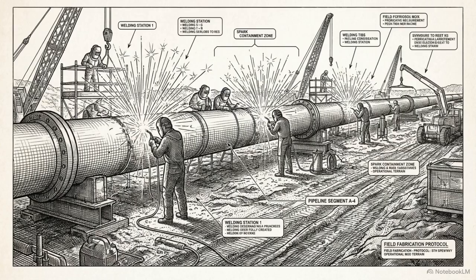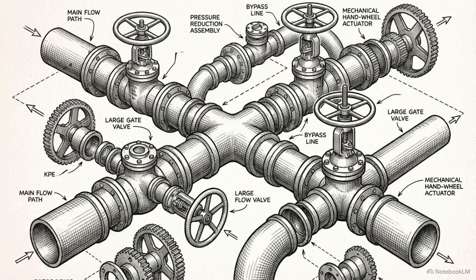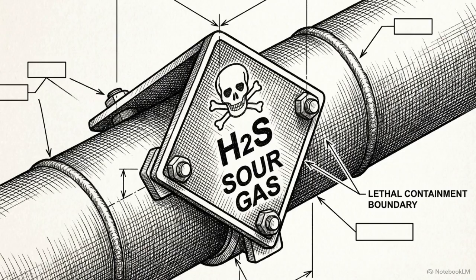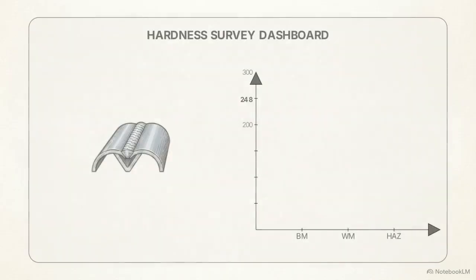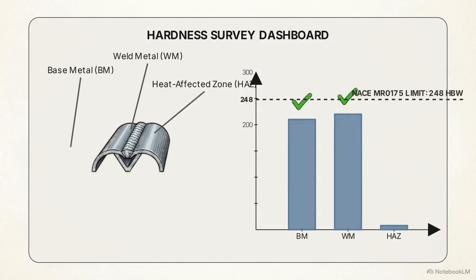Once proven in the lab, procedures enter the reality of the construction site, where pristine QA plans clash with analog variables. Consider a critical field scenario, testing a carbon steel piping system that will process highly lethal sour gas loaded with hydrogen sulfide. This interface tracks a field hardness survey. The base and weld metal pass, but the heat-affected zone hits 255 HBW,